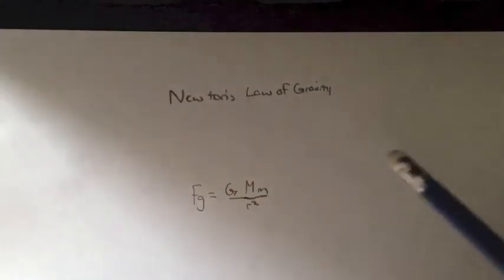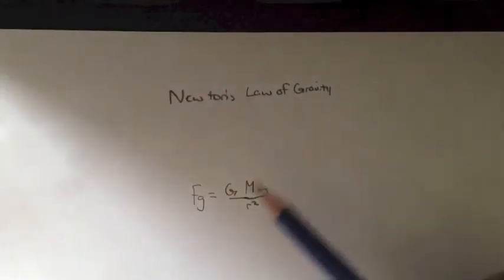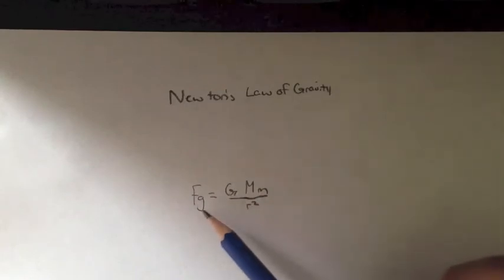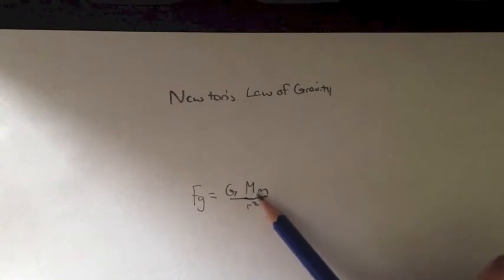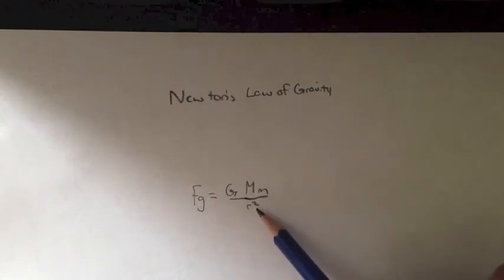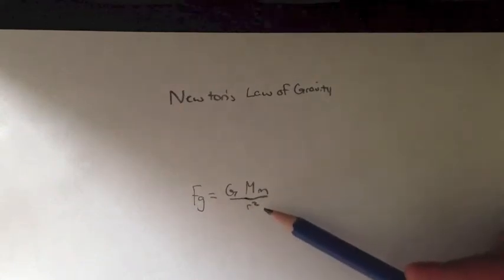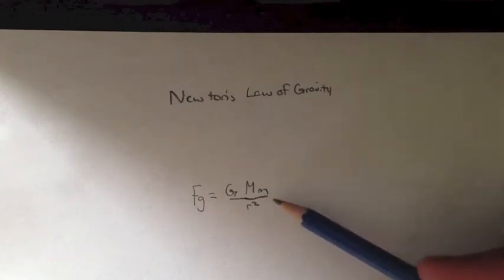Let's talk about Newton's law of gravity. Newton's law of gravity is the force of gravity equals gravity's constant times the big mass times the small mass over the radius squared. So if you have a distance twice as far away, then you will experience a force of gravity 4 times